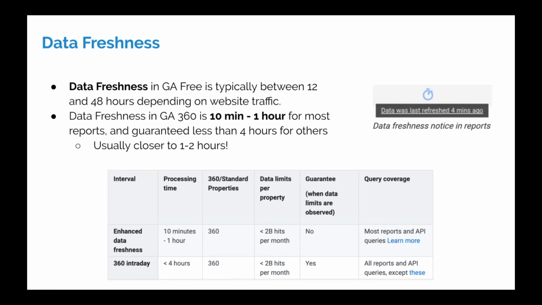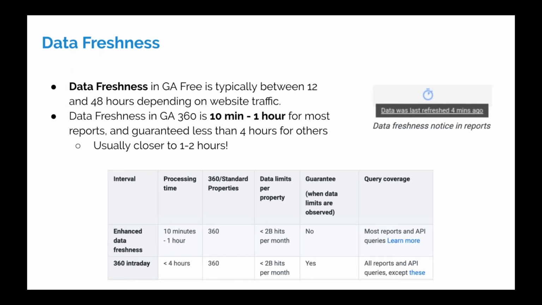And your service level agreement, which I'll talk more about later, actually guarantees less than 4 hours for any report in GA360. And now they say 4 hours. We've almost always seen accurate data in sub 2 hours, unless you are one of the largest websites that we've ever worked with. So you're typically going to see accurate data within 10 minutes to an hour, usually no more than 2 hours, which allows you to respond to traffic and maybe coupon codes, maybe website issues in a much more expedited